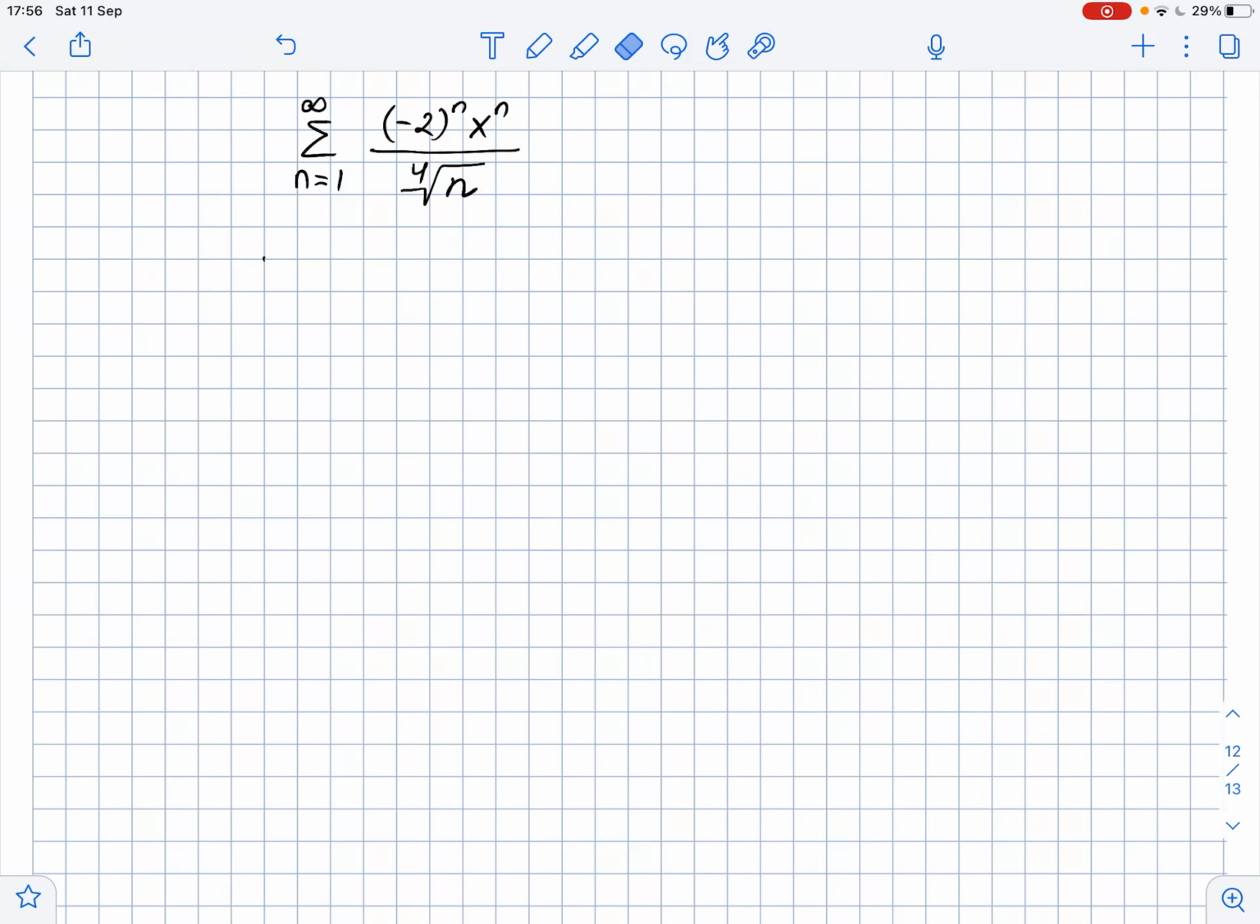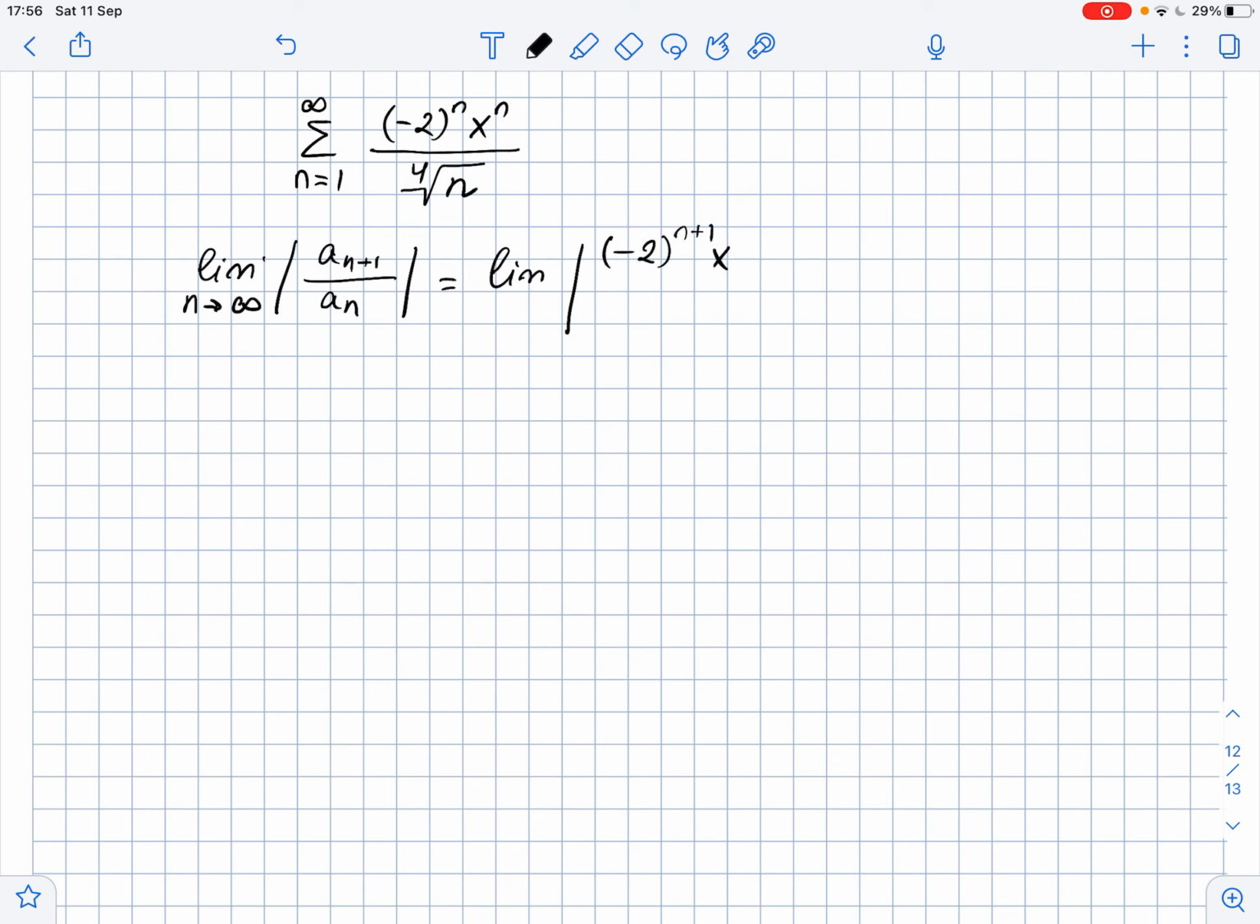We need to determine the radius of convergence and the interval of convergence of the given series. In order to do that, we will use the ratio test, then the limit of the absolute value of a_{n+1} over a_n, where n approaches infinity, equals the limit of the absolute value of negative 2 to the power